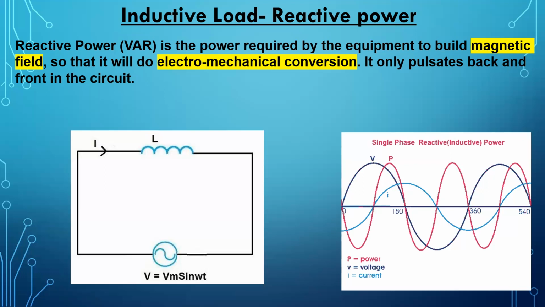The real work is not fully completed. 0% of the real work, 0% of the consumption. What is happening? It's creating the magnetic field in the generator. It is converting electrical into mechanical conversion. It makes unwanted torque and it makes problems for the rotor. So we have to overcome this. Power factor correction has to be done.